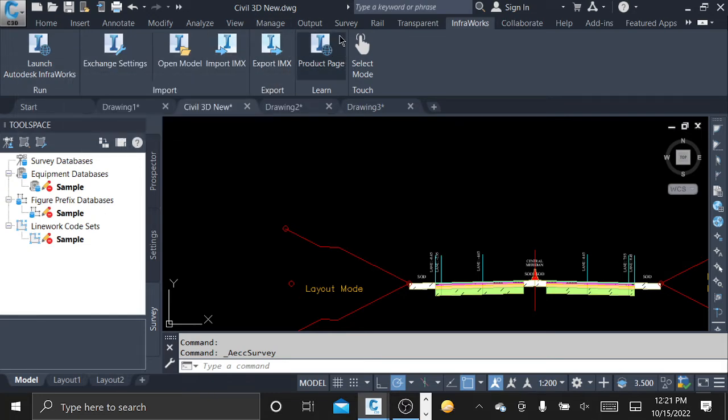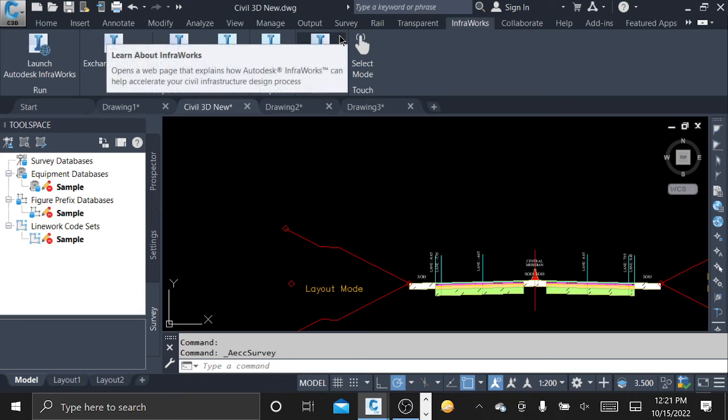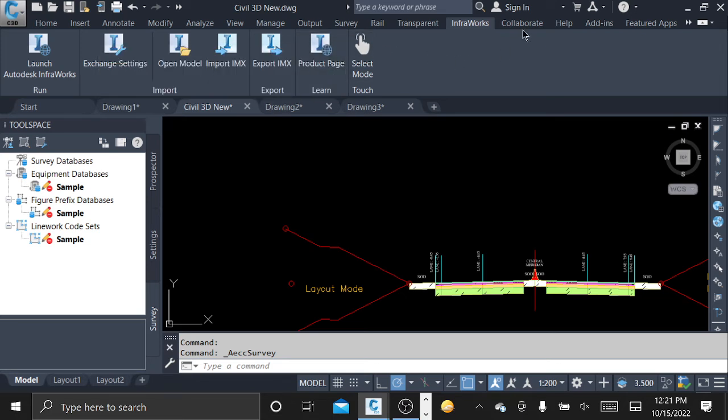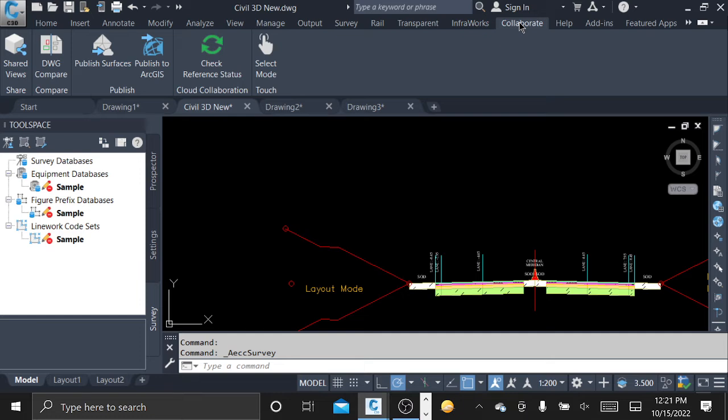Then you can look at the product itself. What does it detail from also looking at this icon. Then you have the collaborate menu. This is where you want to share views. For example, if you want to share a mobile version of your drawing, you can use some of these items